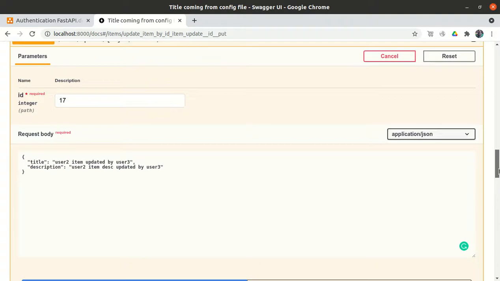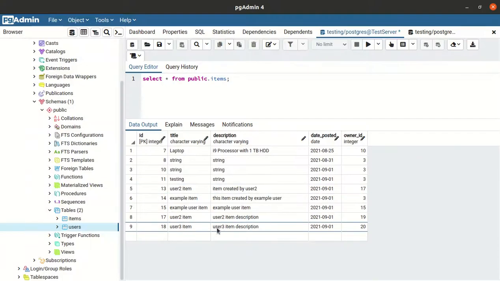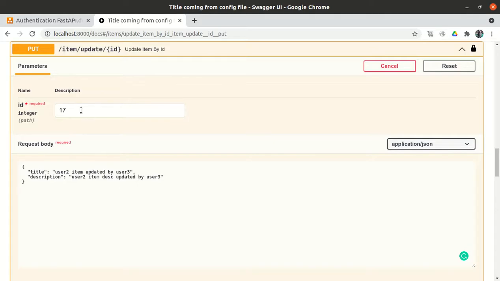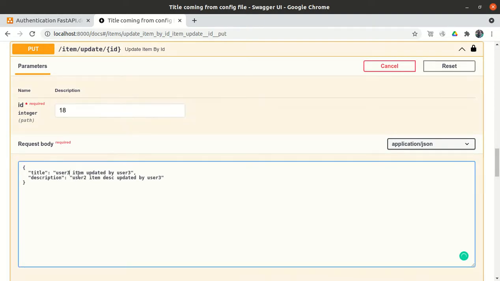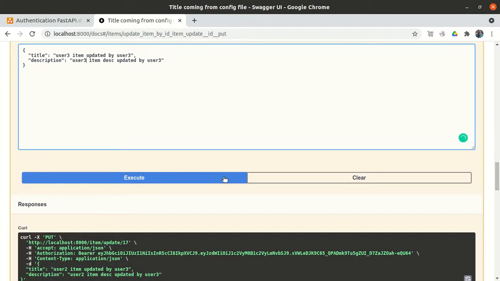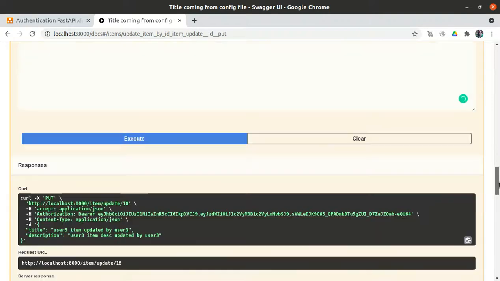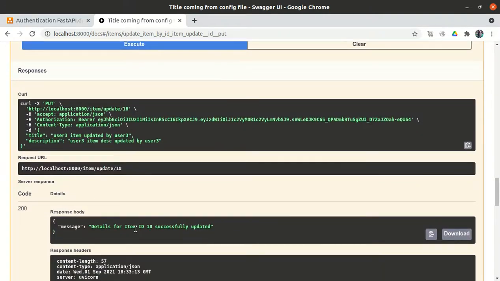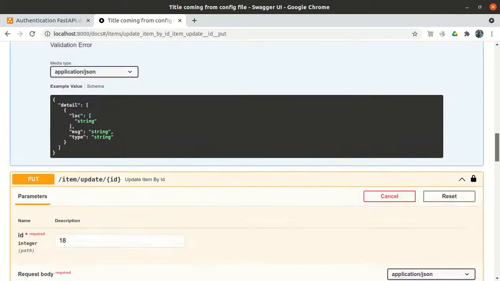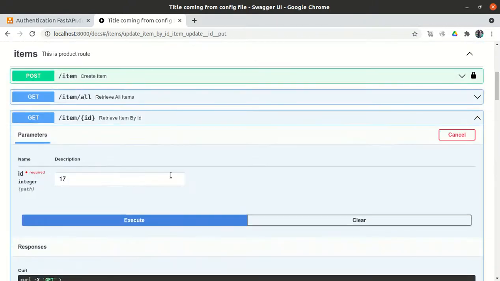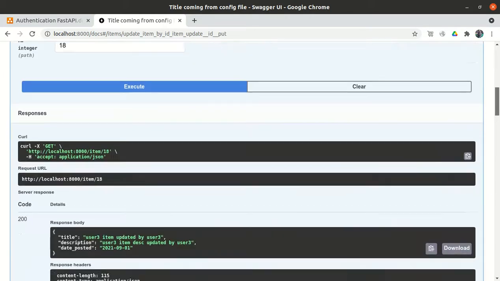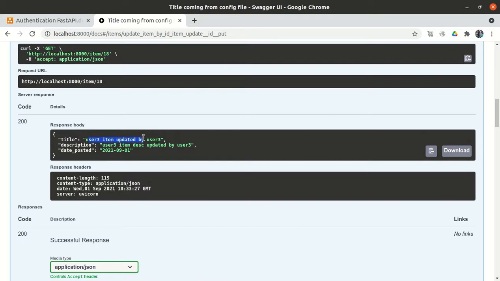But can it update its own item, that is item number 18? Hopefully yes. User3 item, giving some description and execute. Details for the item 18 successfully updated, and if I fetch item 18, execute it, now user3 item is updated by user3.